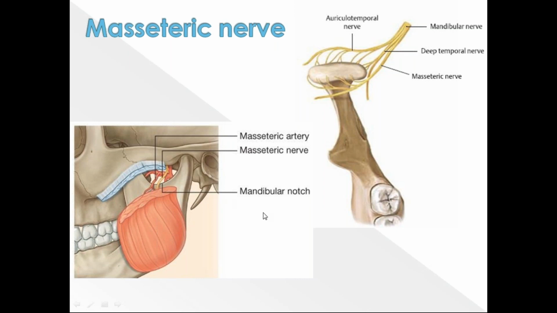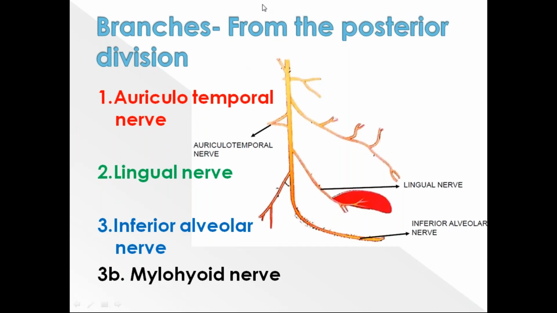Now I'll go on to the next division of the mandibular nerve, that is the posterior division of the mandibular nerve. This is the largest division of the mandibular nerve. It gives 3 branches, and all these 3 branches are very important. The mandibular nerve itself is an important essay question. Out of this, all these 3 nerves will be asked separately as a 5-mark question. So you have to concentrate more on this part. Okay, first we'll see the branches of the posterior division of mandibular.